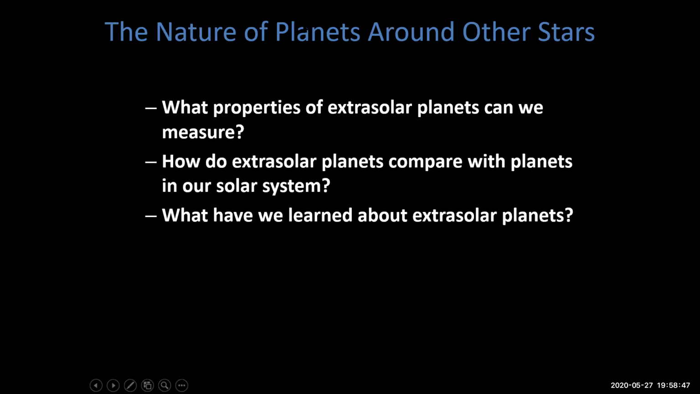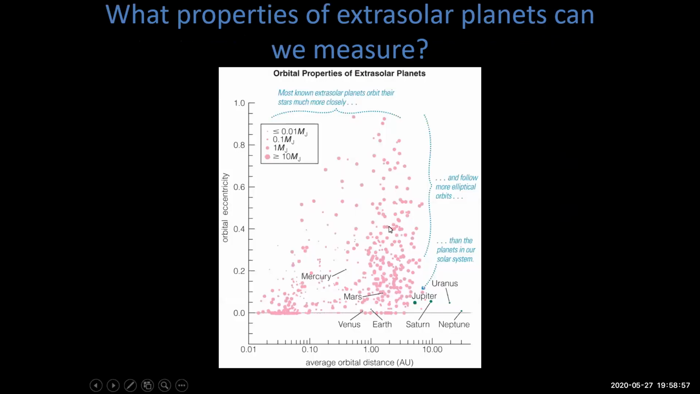All right, what else can we measure? How does it compare to our solar system? And then what do we learn based on what we know about the extrasolar planets? So first, here is a graph of the eccentricity. So that's how elliptical the orbits are